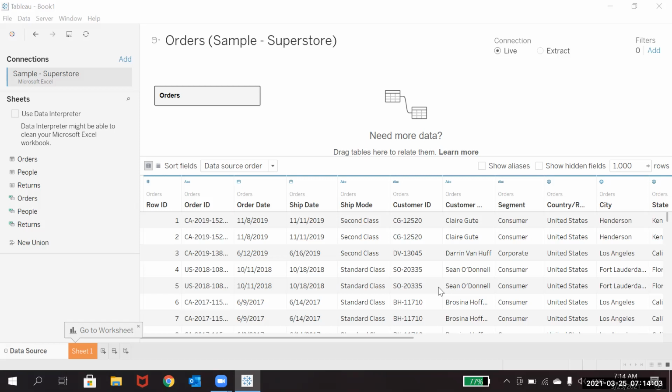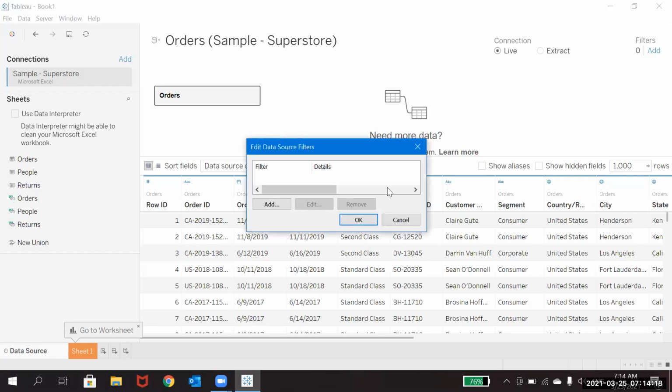You don't want to showcase that data itself to Tableau, so at that time you can make use of these data source level filters. You can just exclude them at the top level. I think I'll explain this when we are discussing the next topic.